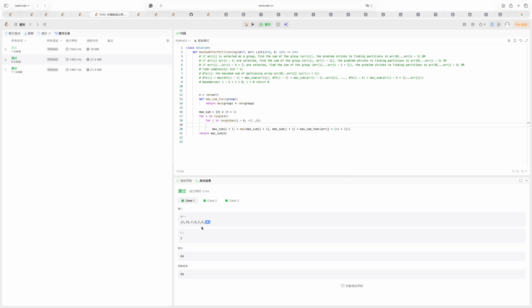So if we want to optimize this function, I think we should